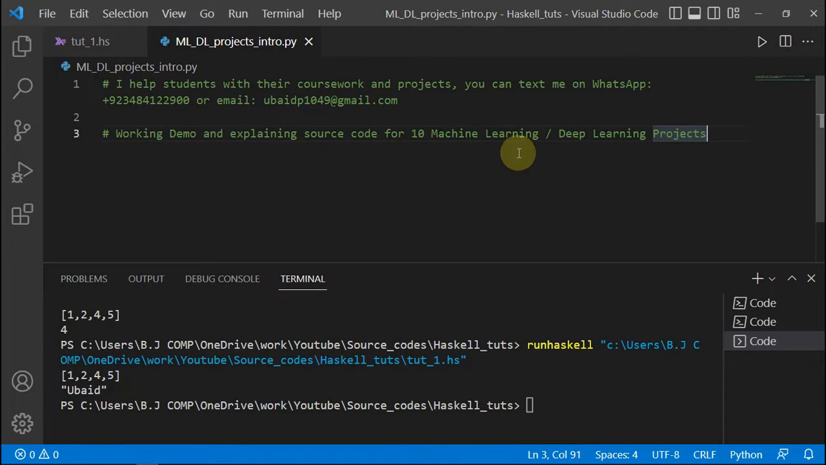Some are from machine learning, some projects are from deep learning concepts, and you can just check it out in